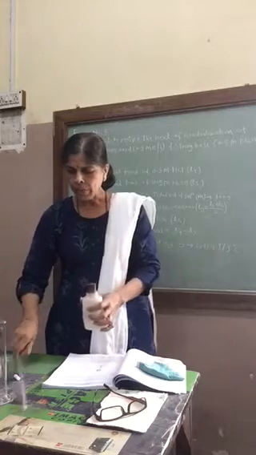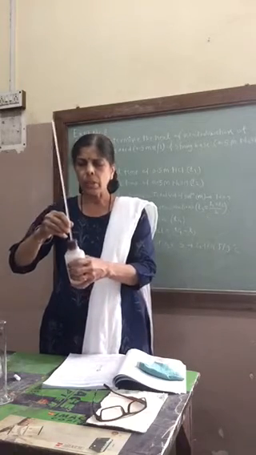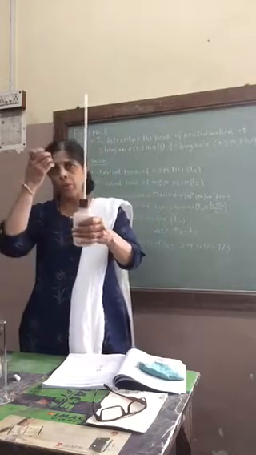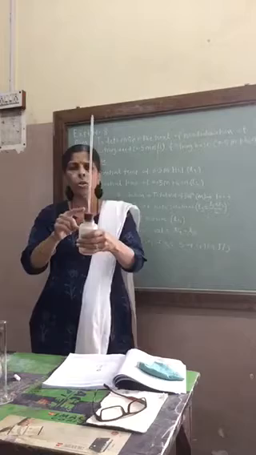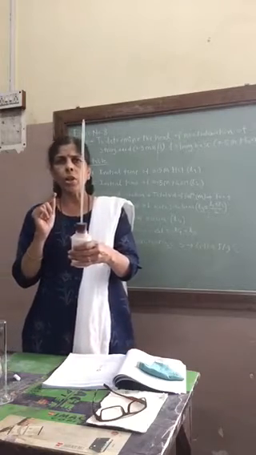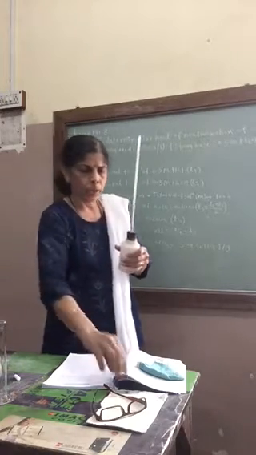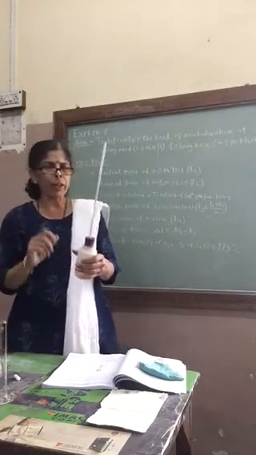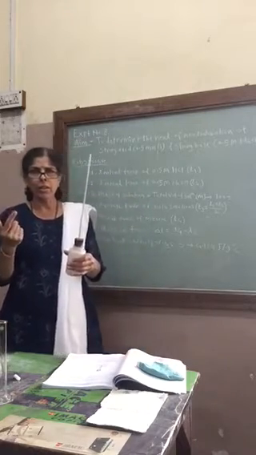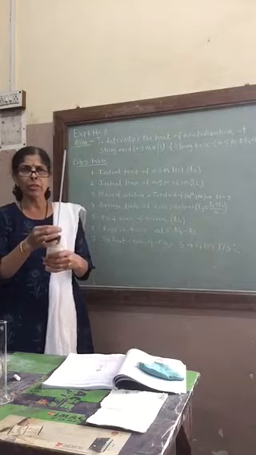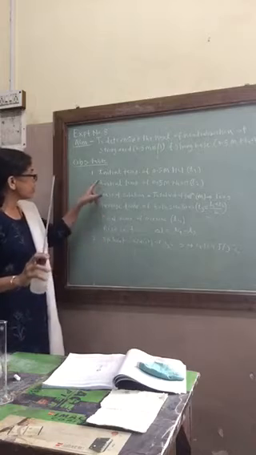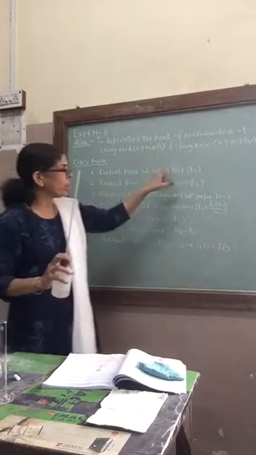You are going to put the cork on the polythene bottle and then insert the thermometer. The thermometer is inserted in such a way that it reaches the solution at the bottom, and then you read the initial temperature of the HCl solution. Now this thermometer is of a different type. It has 0.1 calibration, that is, its calibration is 0.1 degree Celsius. So the first observation is the initial temperature of 0.5 molar HCl.